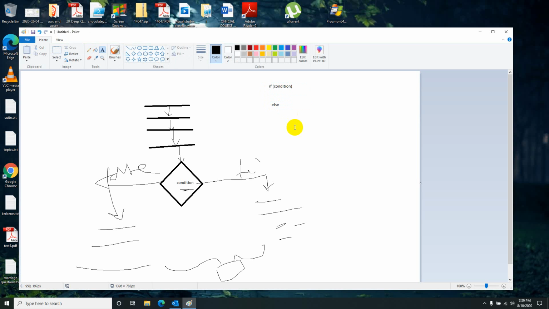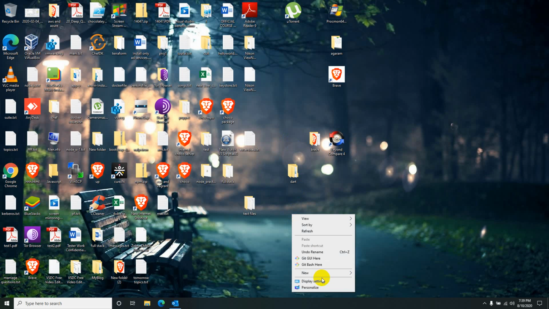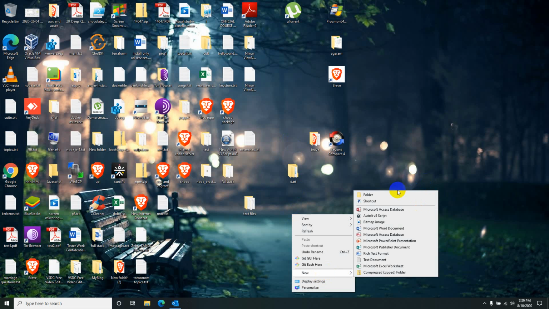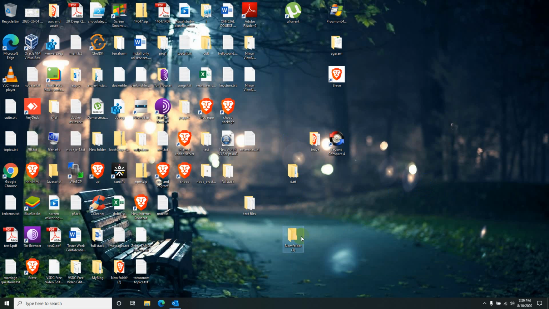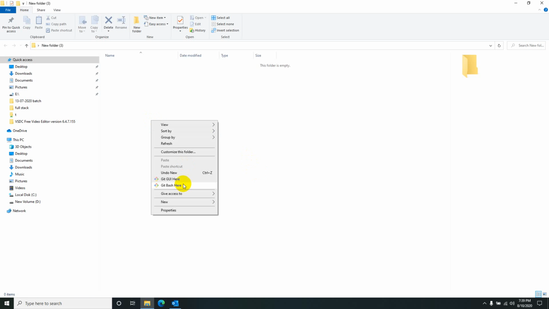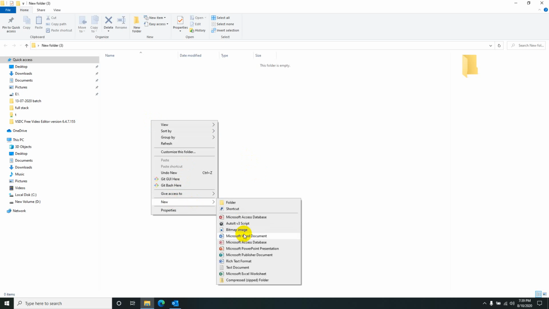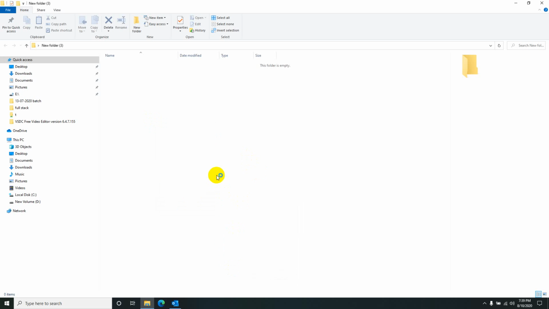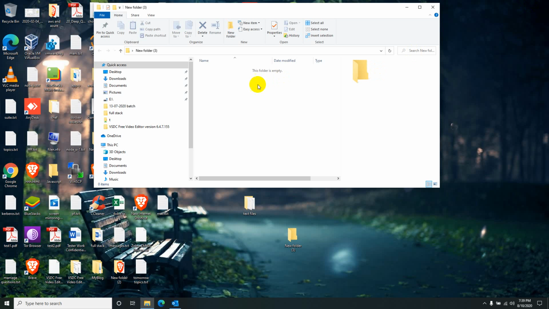So let me create a JavaScript file. Let me create an empty folder first, new folder 3, and let me create an HTML file. As long as I am recording, my system becomes very slow.